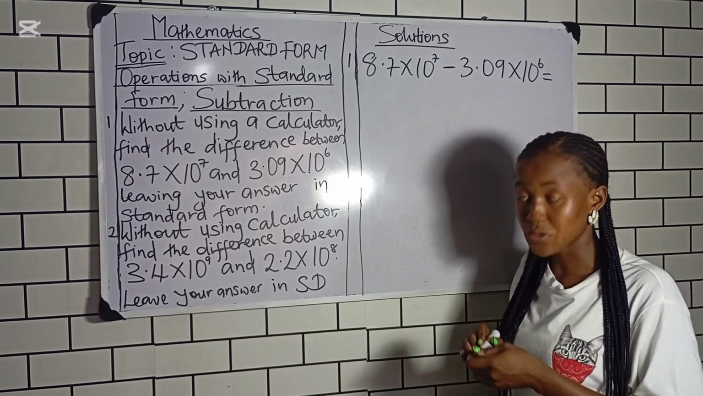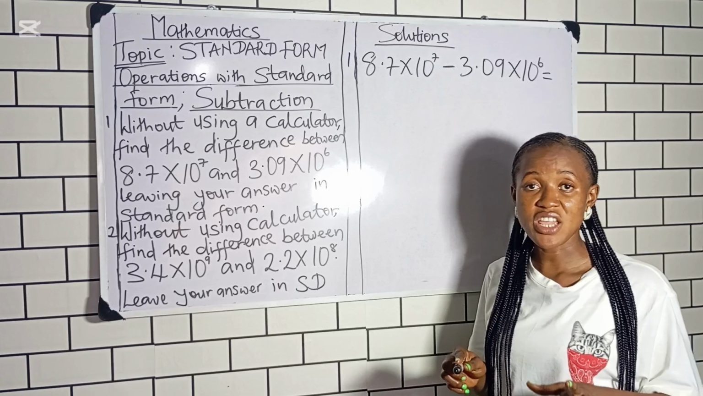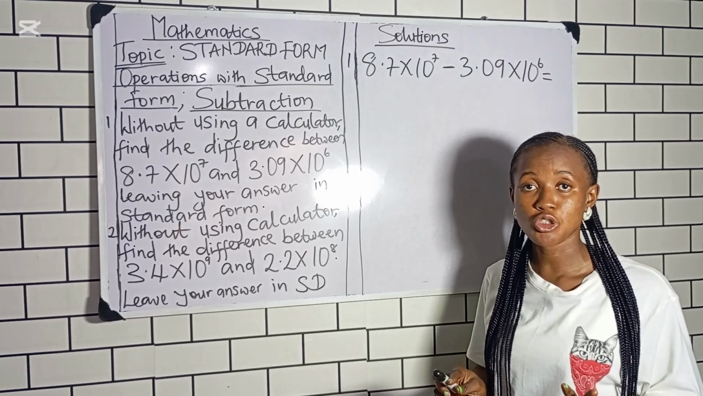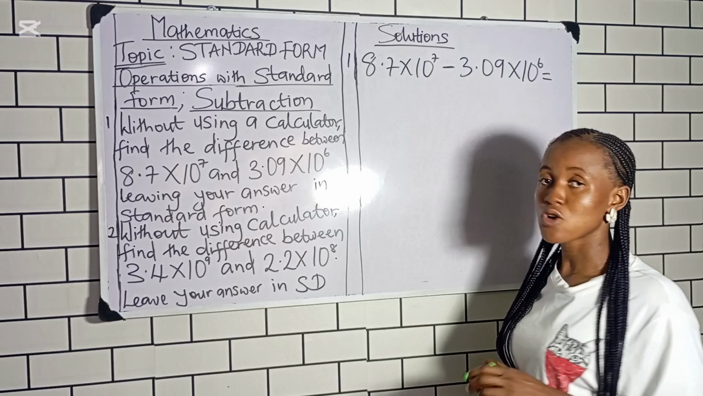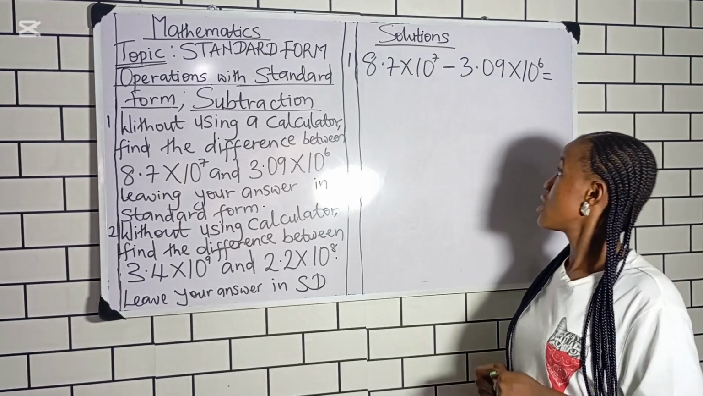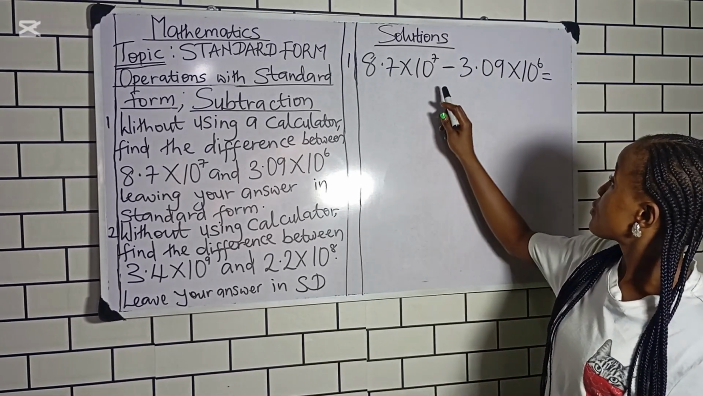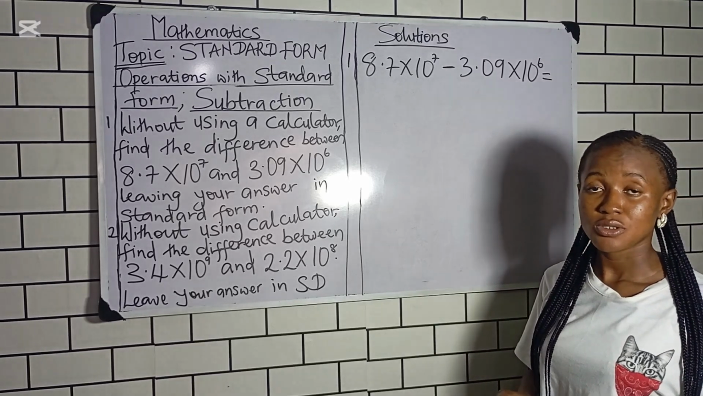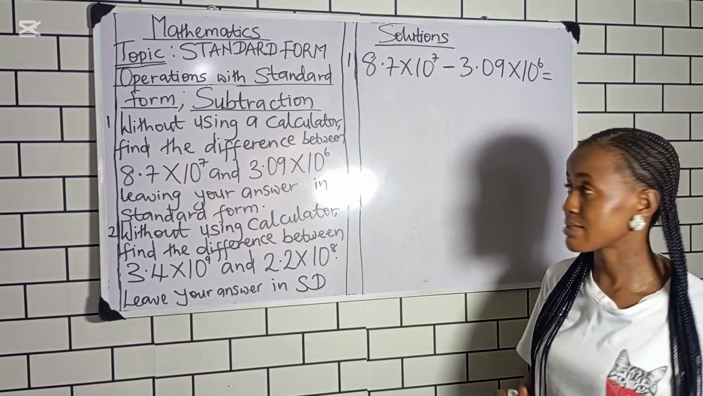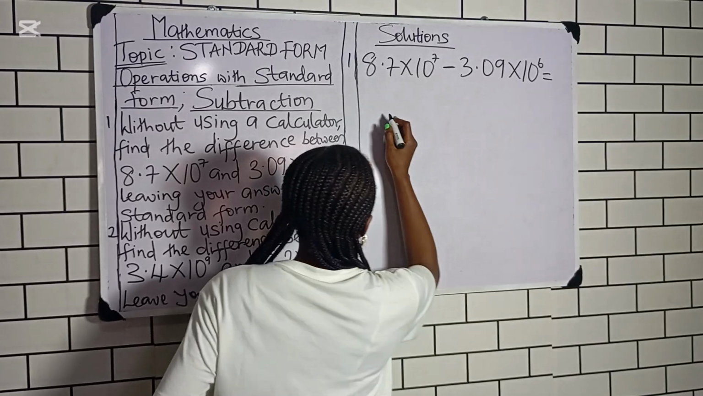Now, remember what I told you in addition. Whenever you are given something like this, what you are going to do is to factor out the least power of 10. Now, we are going to apply the same method here. The least power of 10 here is 10 raised to power 6. We are going to factor out 10 raised to power 6. Now, we have this is equals to